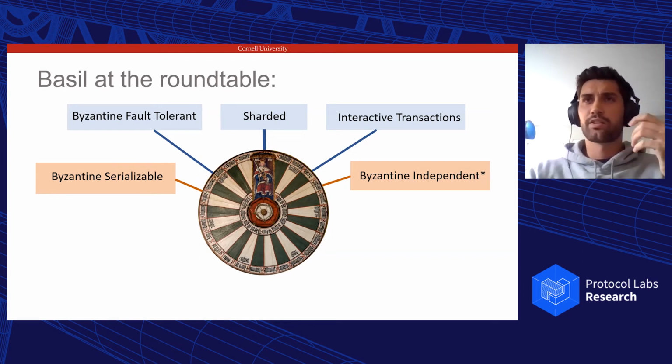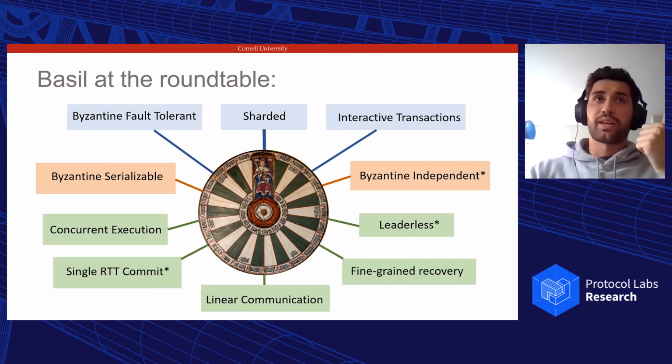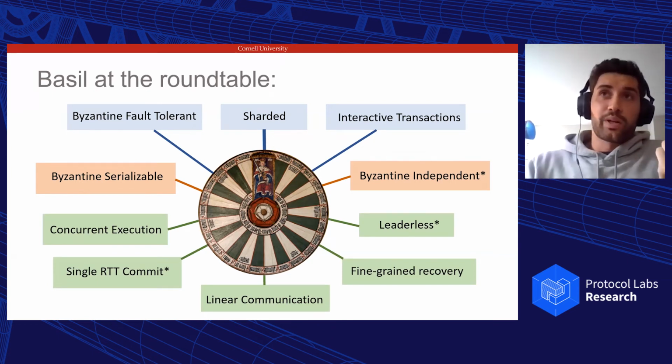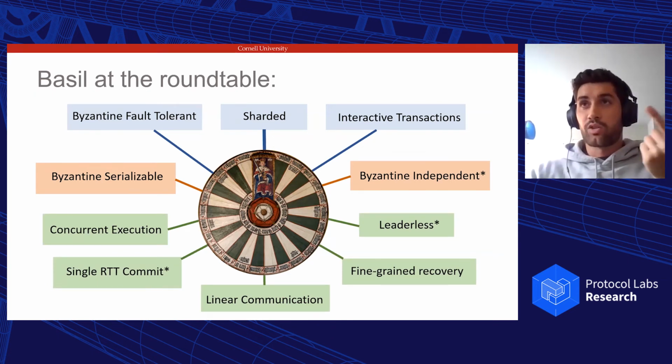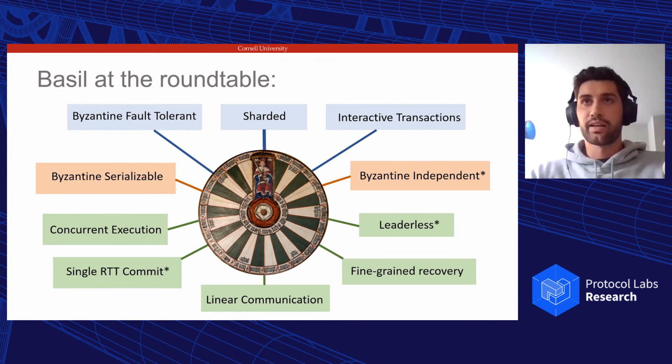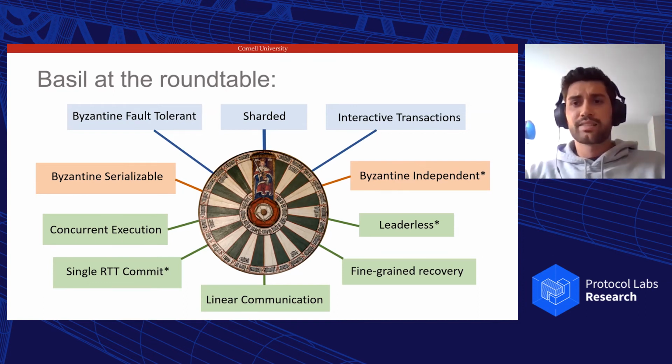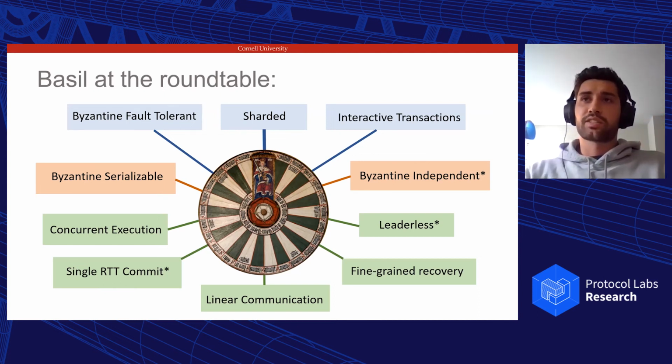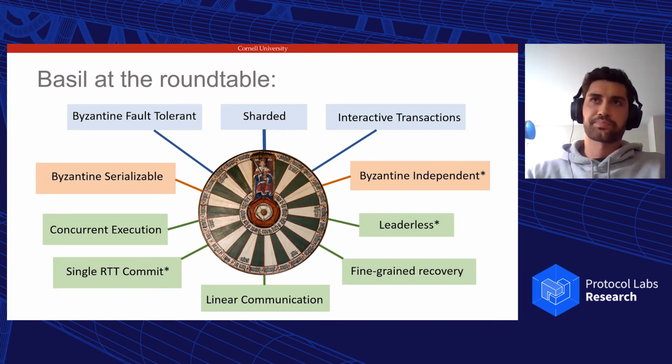And on the performance side of things, it allows transactions to execute in parallel rather than sequentially. It allows them to commit across shards in just a single round trip in most cases, and does so with linear communication complexity and without incurring the potential scalability or fairness bottleneck of a leader. And lastly, like what we were just talking about, it allows for independent failure handling for commutative transactions.